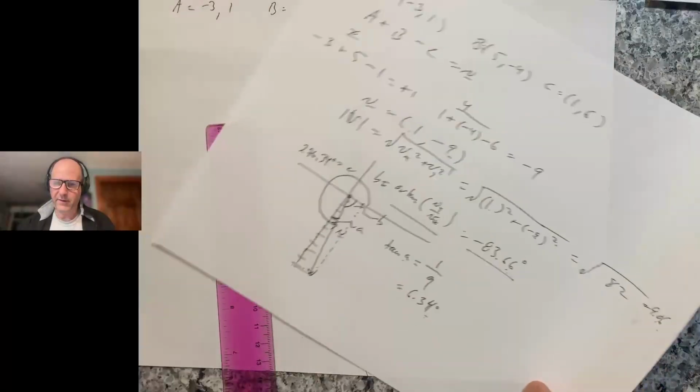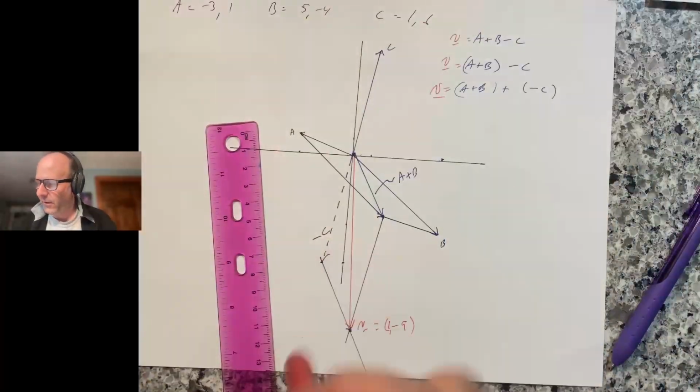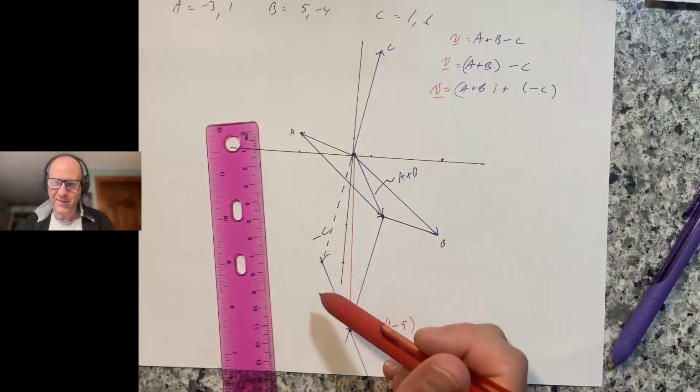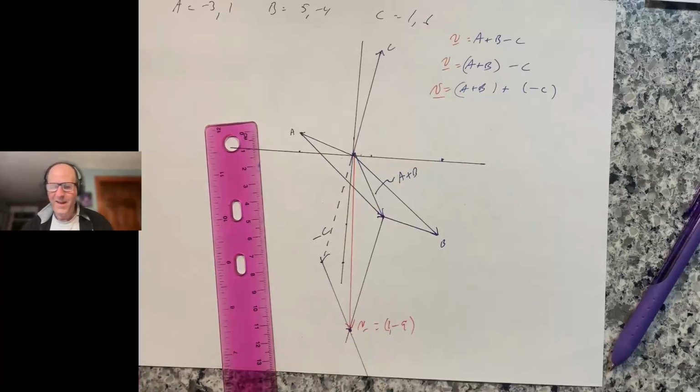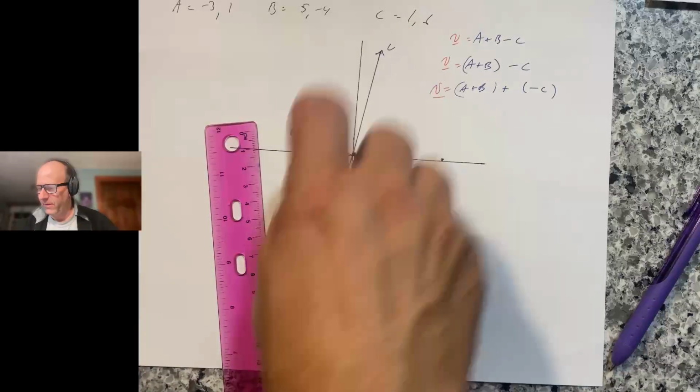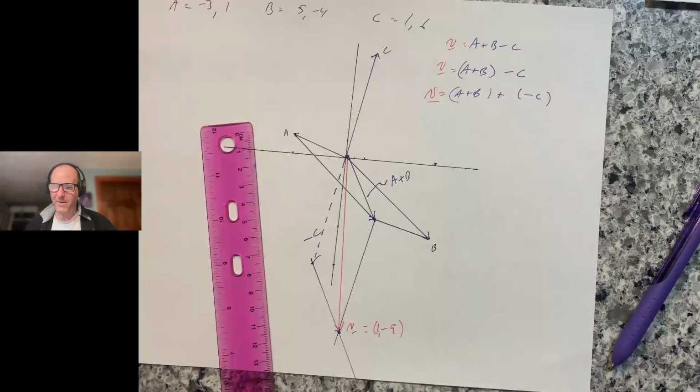Now some parts of this are a little easier to do than others. Some vectors are a little easier to do with the parallelogram method if they happen to not be quite so, like these two are almost parallel, so they're a little hard to draw. But in subtraction you can always just change it into adding by mapping that